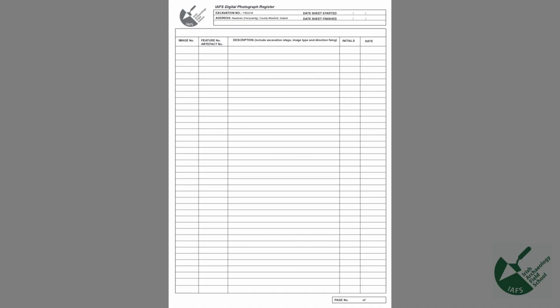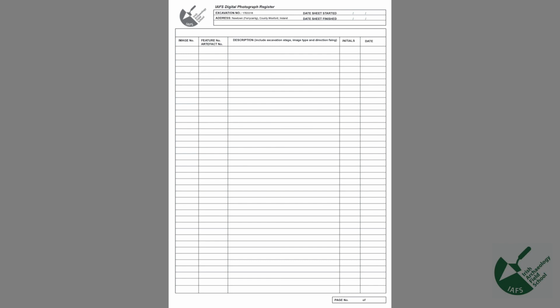So there is the image number. That is the unique image number that the camera gives to every photograph it takes. I have been on sites where, I suppose just trying to be very thorough, they renumbered the photographs from 1 up sequentially. So they may have put the site code in, 17EO318, then 1, then 2, then 3, then 4, etc. That number that they renumber them on isn't in the metadata of the image. So it's much better to just maintain the number that the camera gives the photograph.